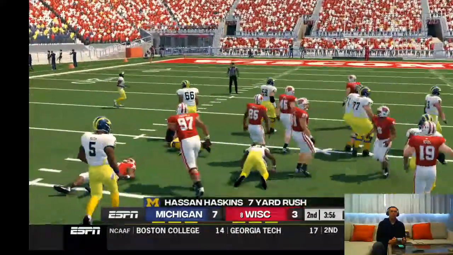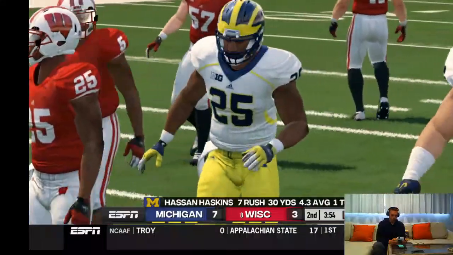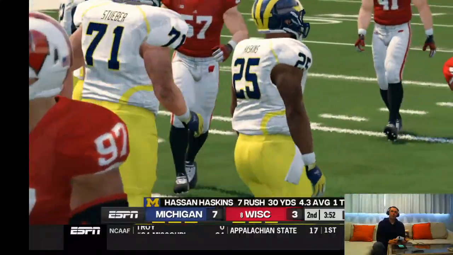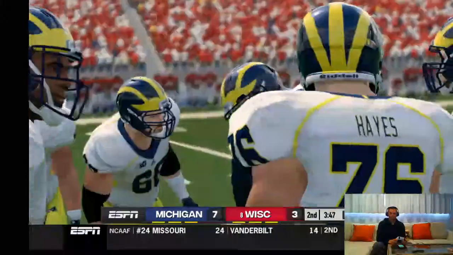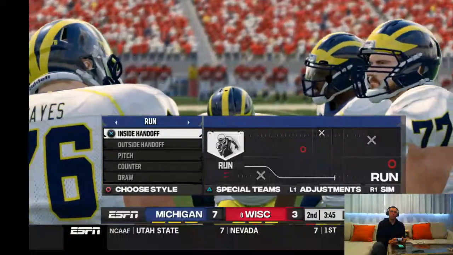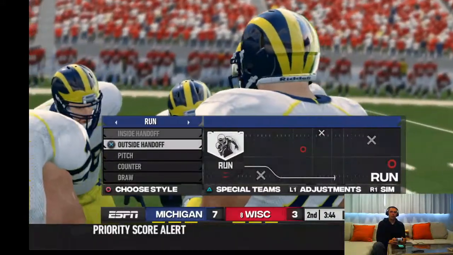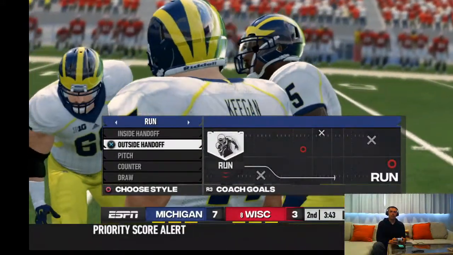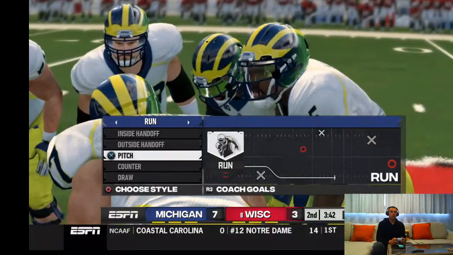Up the middle for a nice gain. You know, instead of cutting those runs outside like that, where you're probably going to get stopped for 3, I mean, really just try to take it uphill as soon as you can. And that's the difference between a 3 or 4-yard gain and a 7-yard gain a lot of times.